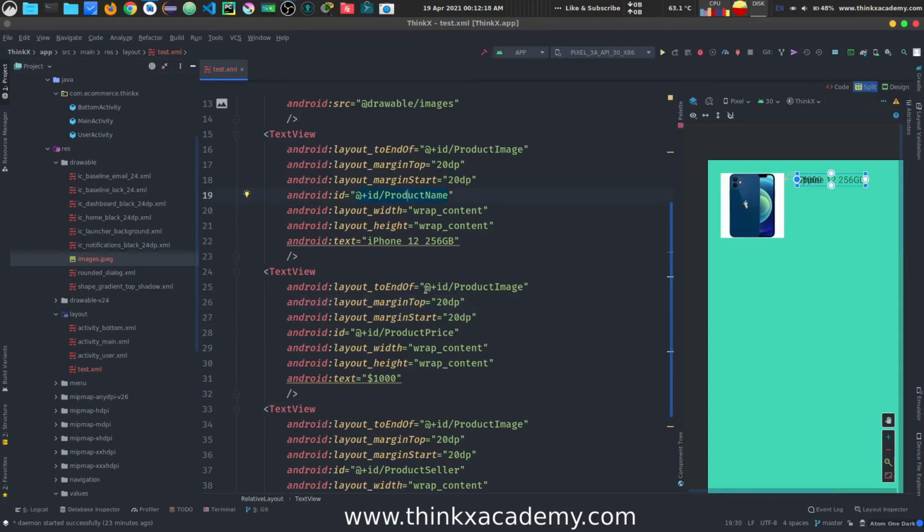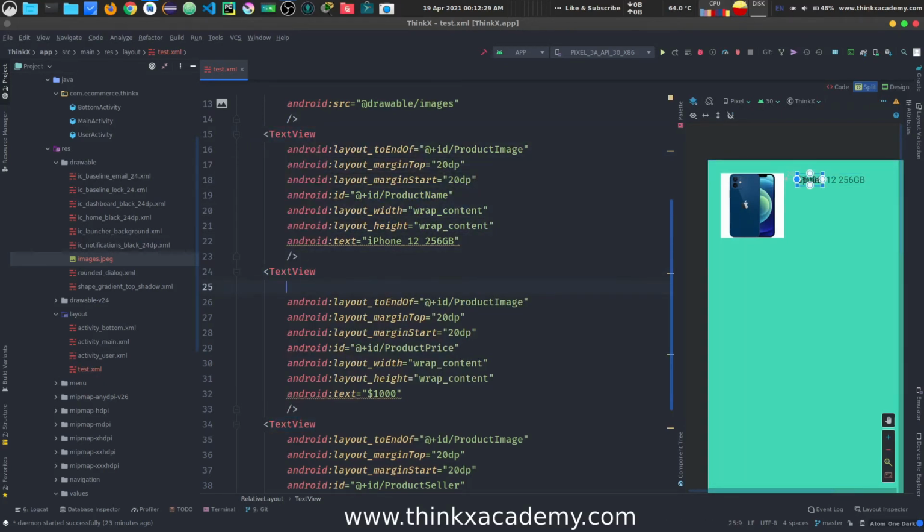Common sense. I want that the price should come below this text view, which is actually the product image, right? So what I'm going to do is, I'm going to see whether there are options for below something like that. So I will just write BEL, and you can see there is an option layout below.